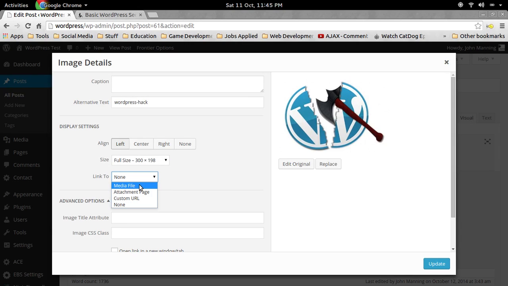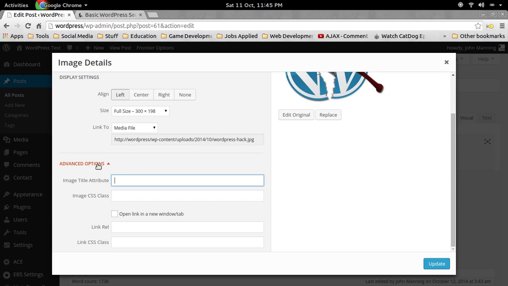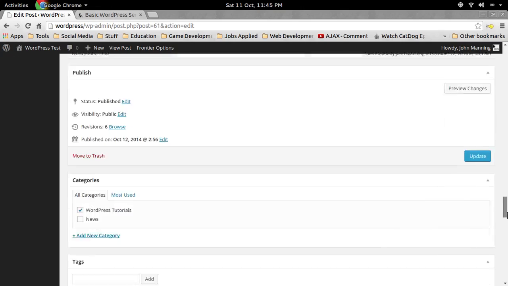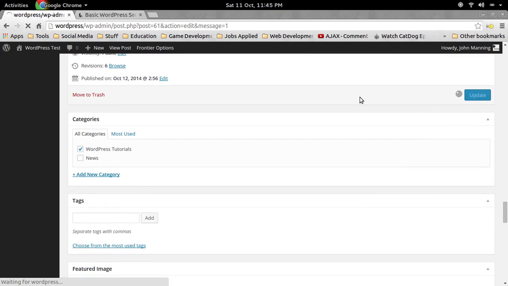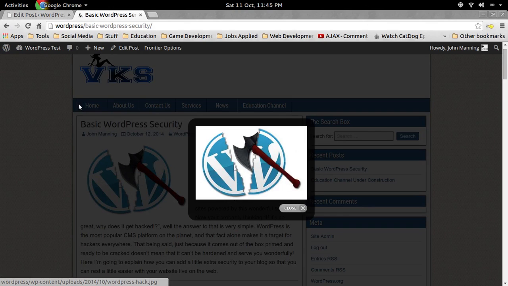I want to make it link to the media file, and I want to expand the advanced options here and give it the relationship attribute of WP video Lightbox, and just go ahead and update that, and I'll update, and let me go ahead and refresh this,